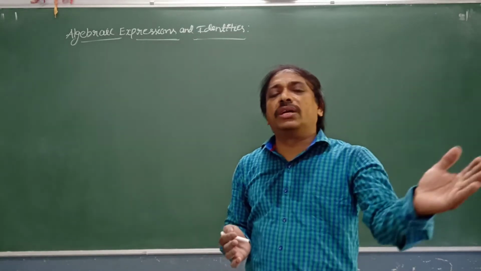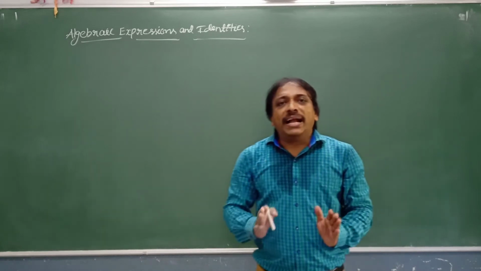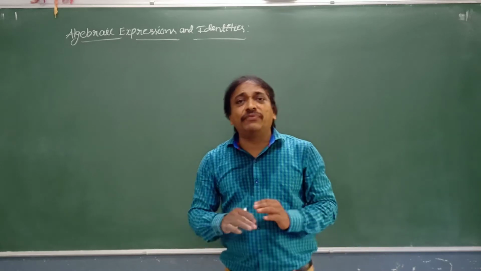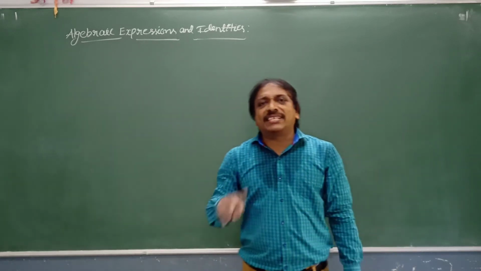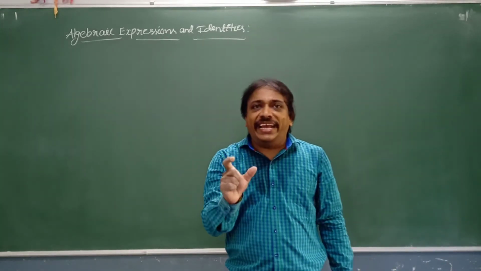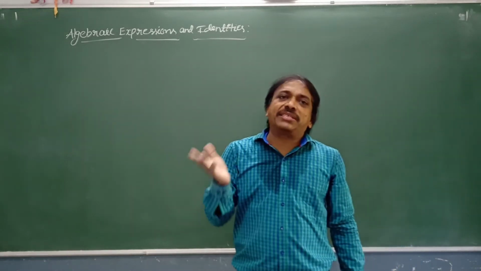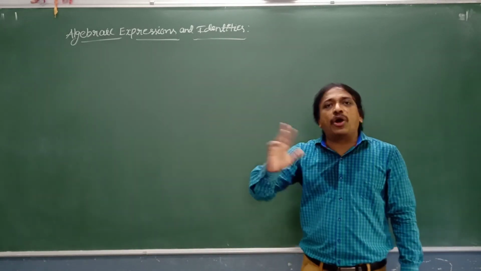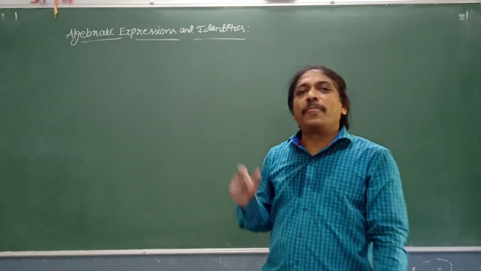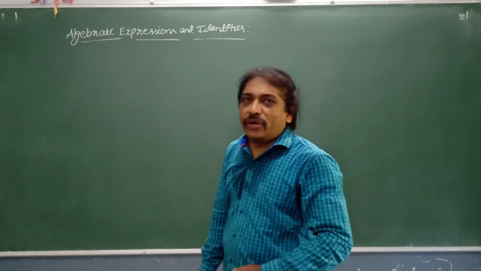Now we are going to continue the part of algebraic expressions and identities. What you have learned so far, from the continuation part, is multiplication of binomial to binomial. What exactly is a binomial? The expression contains two terms. So an algebraic expression which has two terms is called a binomial. So the product of binomial to binomial, we are going to discuss in today's